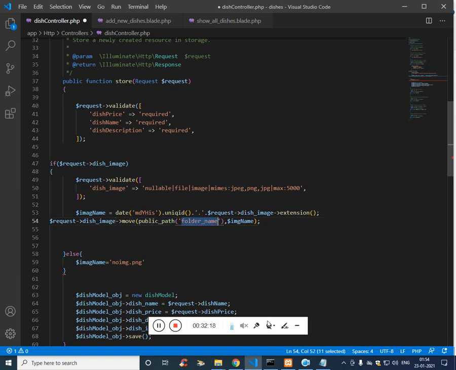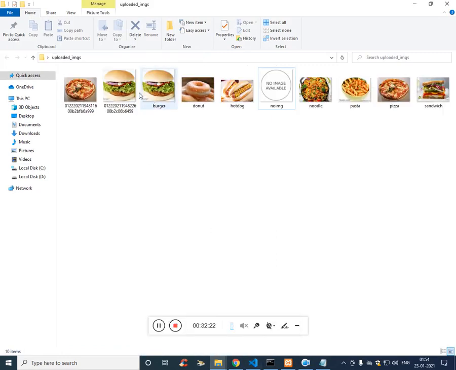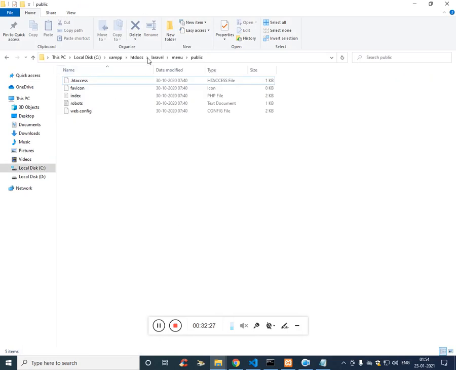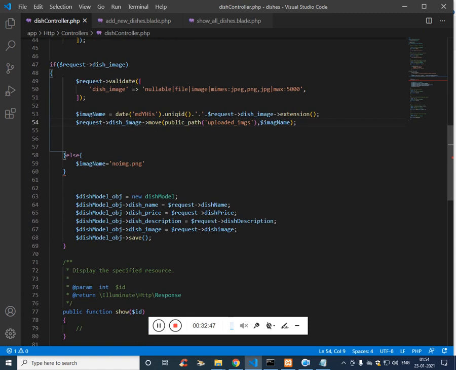The folder name we need to create, and we'll call it with the same name as the previous, uploaded underscore imgs. Where is the new folder? Uploaded underscore imgs. Copy it, and this is the folder name where our new images will be saved, and this is the new image which will be saved in this particular location. So once this is done, we have to pass this image name to this.